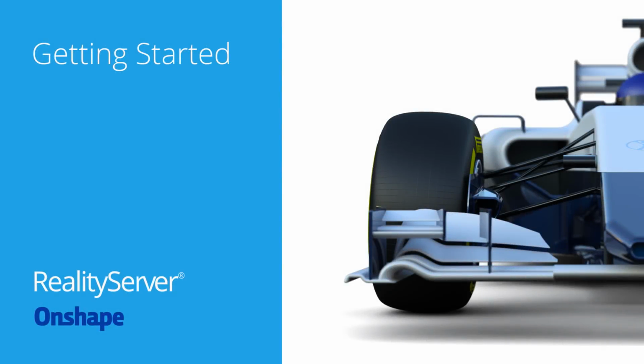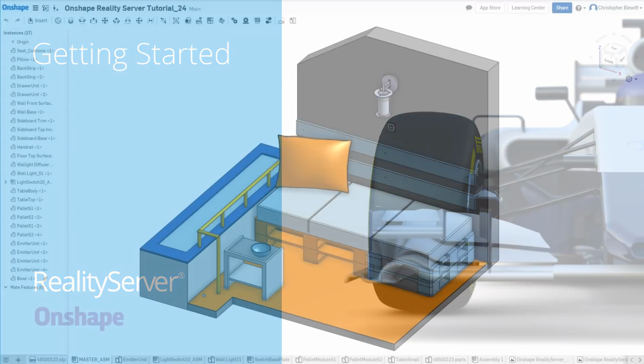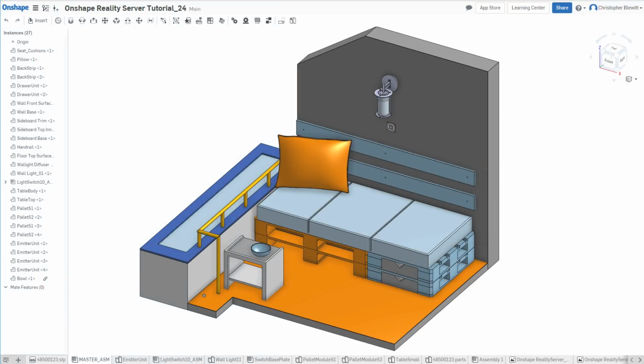We would like to take you through a basic tour of RealityServer for Onshape, a cloud-based, GPU-accelerated, photorealistic rendering solution that's been fully integrated right into Onshape. Like Onshape, RealityServer does all of its processing in the cloud. Instead of struggling to render images with the CPU on your client device, RealityServer renders Onshape models remotely, using powerful graphics cloud servers that then deliver great, physically accurate images of your models straight back into your browser in real